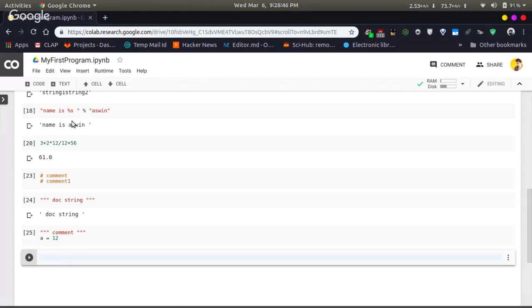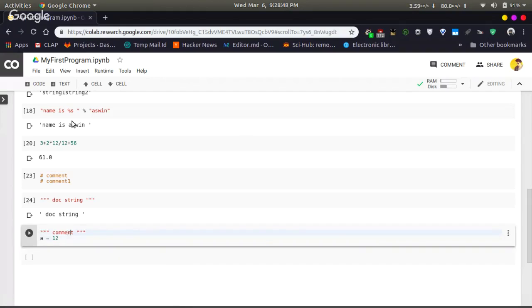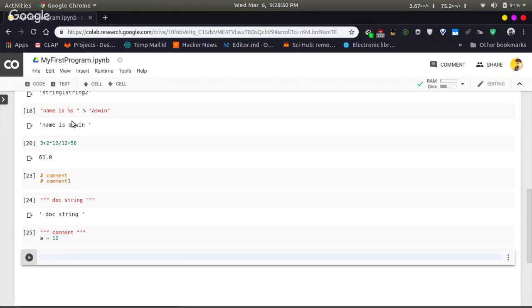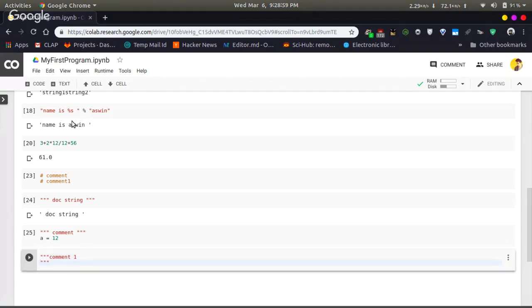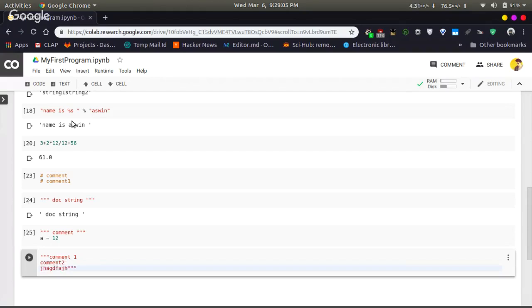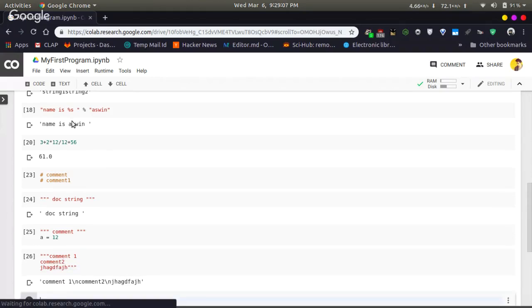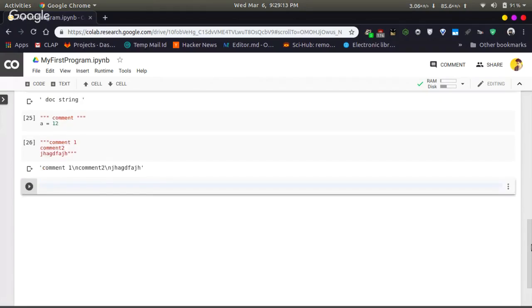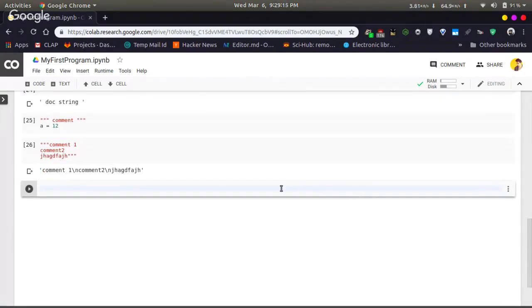Okay. Now we can use it to type multiple lines of comments, just like this. And under that, you can type comment 2 and anything else. Python will execute it, but there will be no problem in the execution of the code because of these comments.